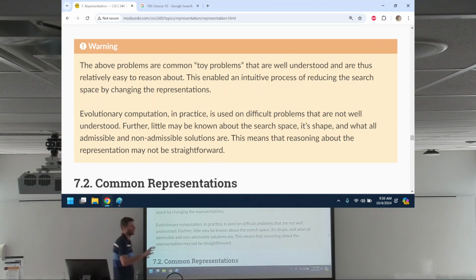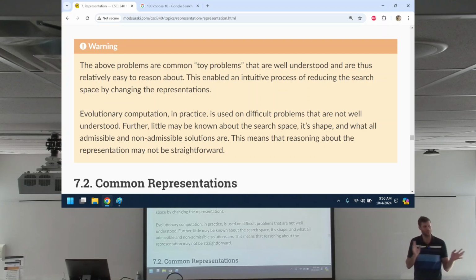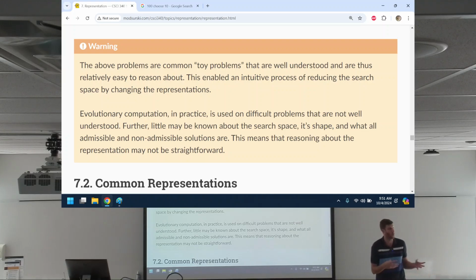Okay, let me go back here. So, this is the real point I want to make. These are toy problems. I'm not saying they're not interesting in and of themselves. I'm saying that they are commonly referred to as toy problems. That's all I mean. Because we can understand them, and they're a great training ground. And when I say training ground, I don't mean like, oh, grab your Nerf guns and training wheels. No, I mean,